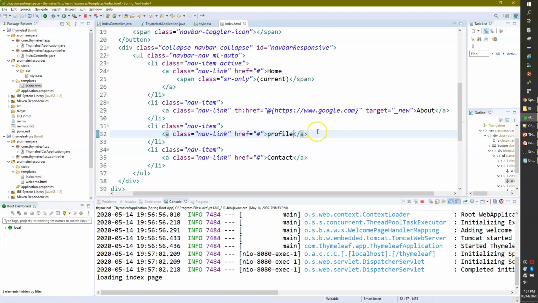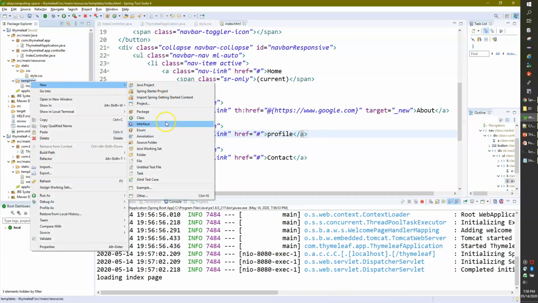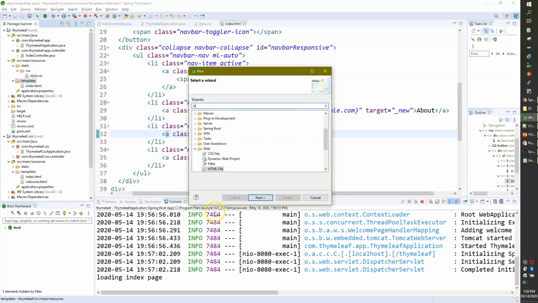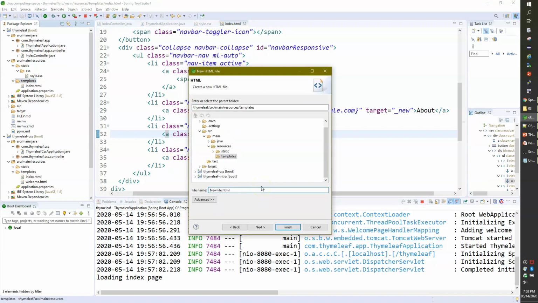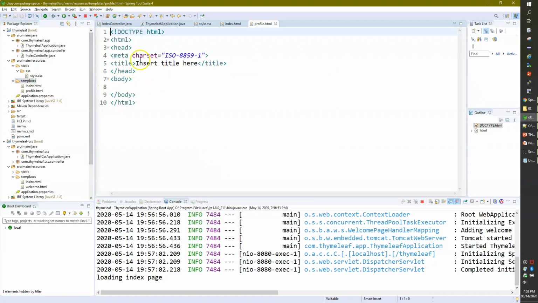Right? Now what we will do is first go and create a new HTML page, other, HTML5, next, and this time I'll call it profile.html.